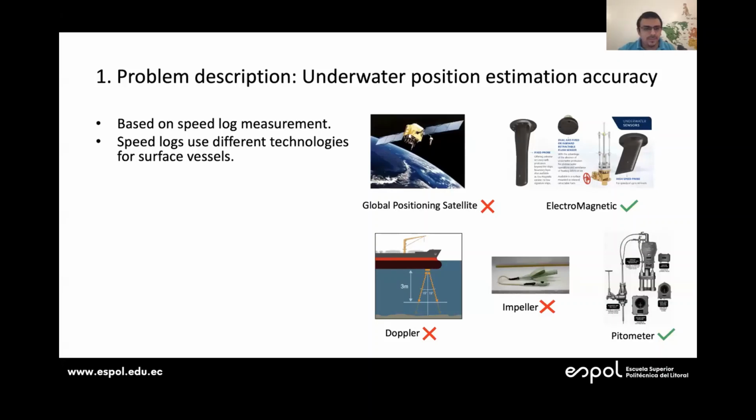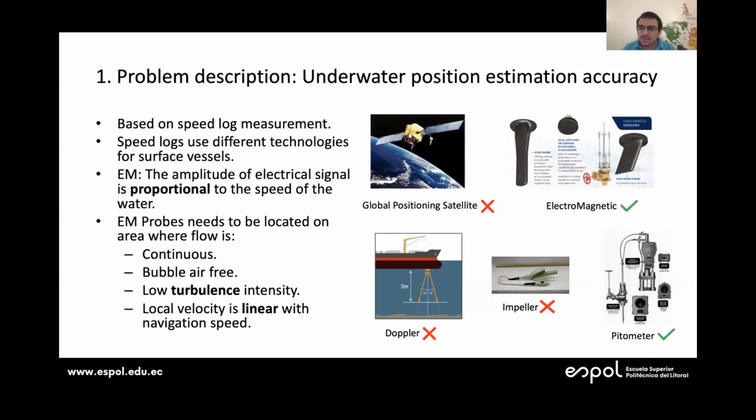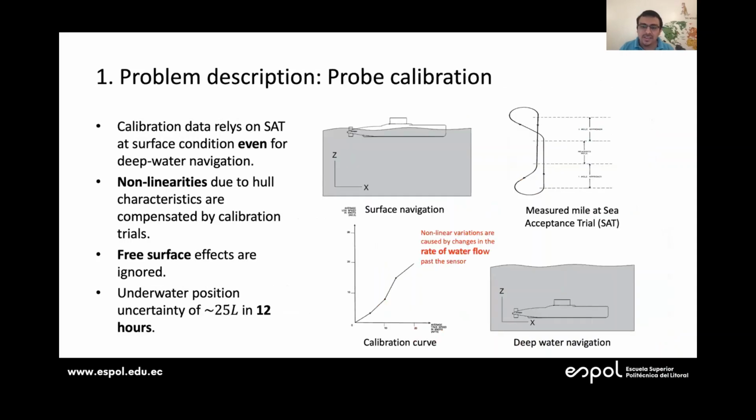And this probe needs to be placed on the hull where the water flow is basically free of vortex structures, no air bubbles around, the flow is continuous, and especially it always has to be wet, because it generates an electromagnetic field, and it measures the velocity in terms of the electrical signal that is generated